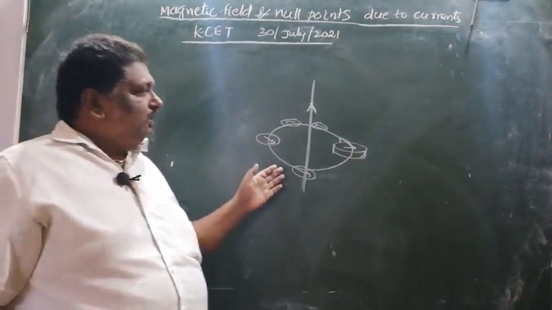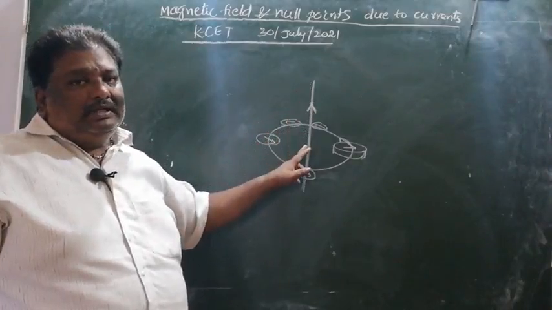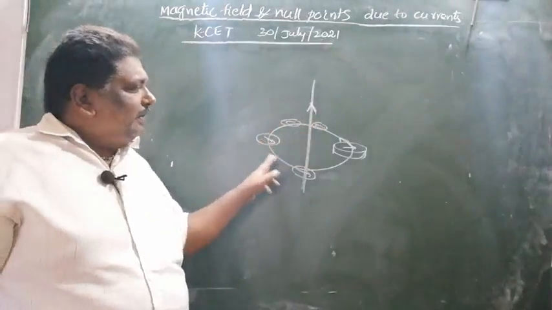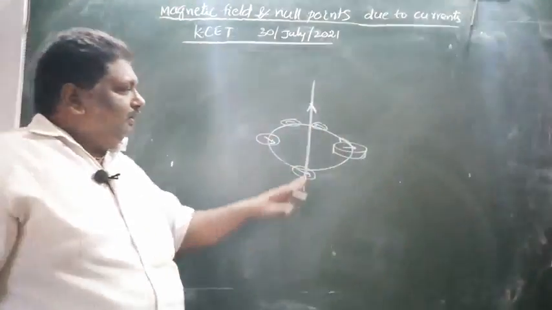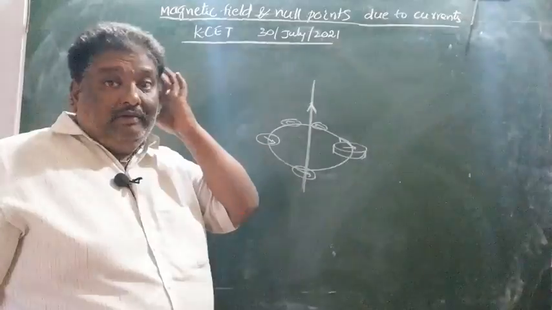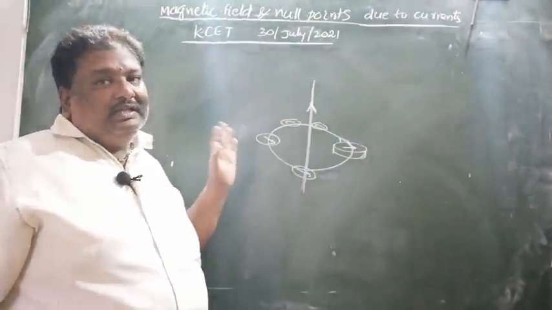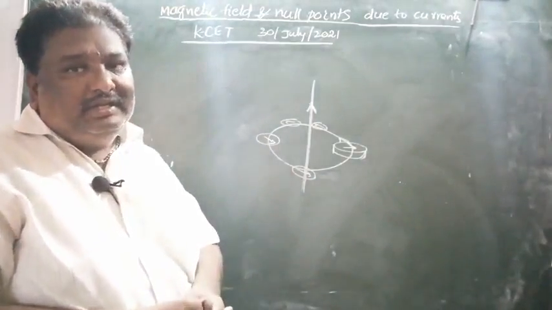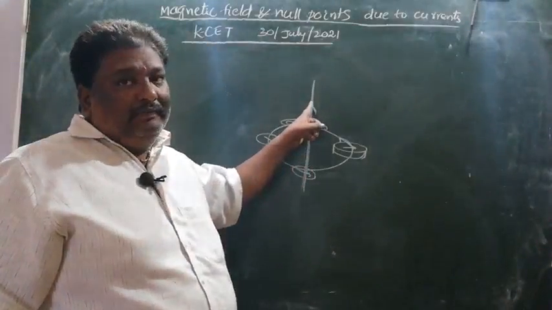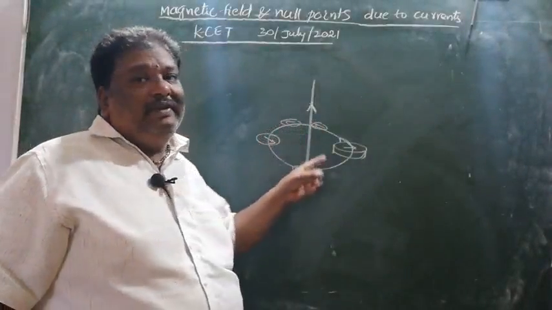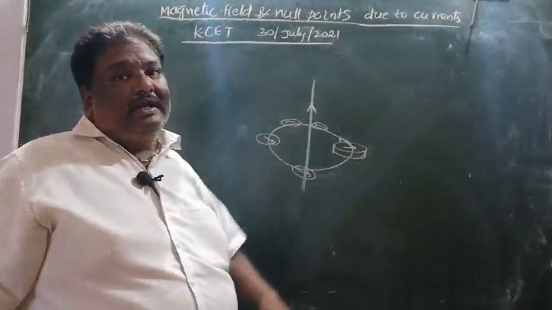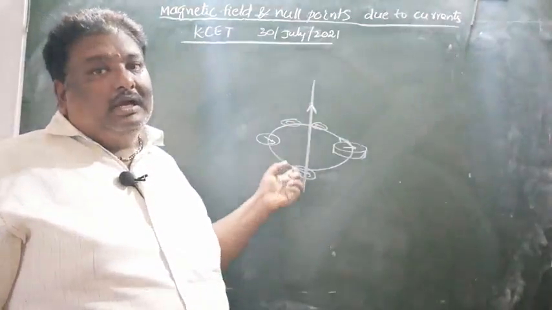Okay. From this, what could you understand? When direct current is passing through a conductor, a surrounding magnetic field is generated. That's why a magnetic needle placed near the conductor is deflected in one direction. This is the discovery of Oersted. What is Oersted's discovery? Whenever current is passed through a conductor, a surrounding magnetic field is generated. Okay, this magnetic field is in what direction? That is given by the corkscrew rule.